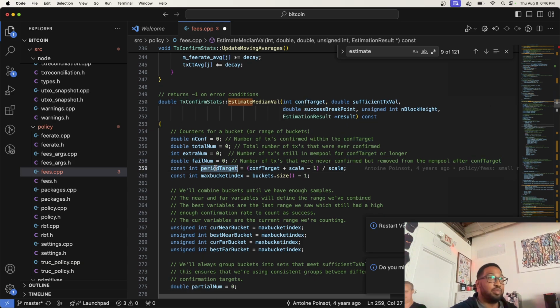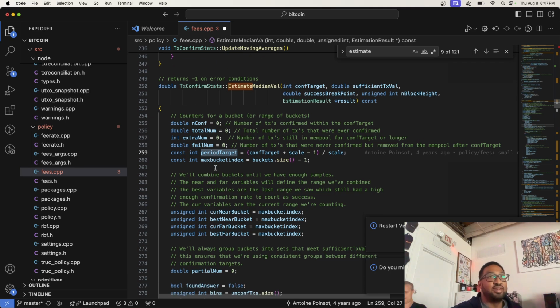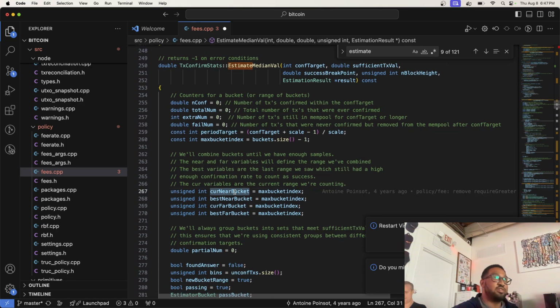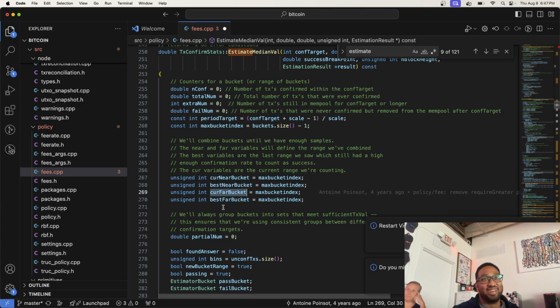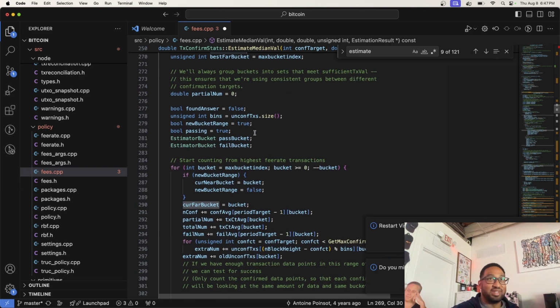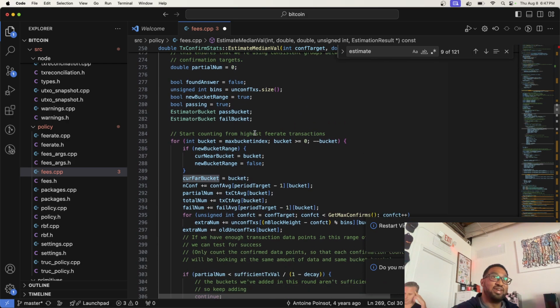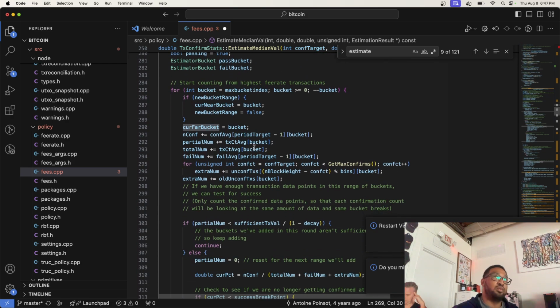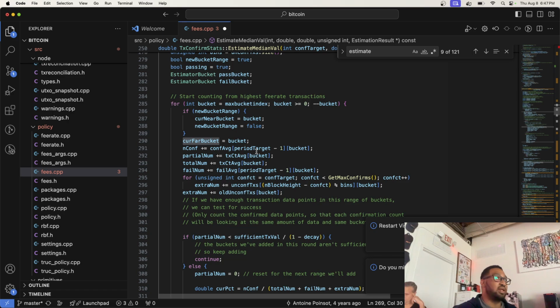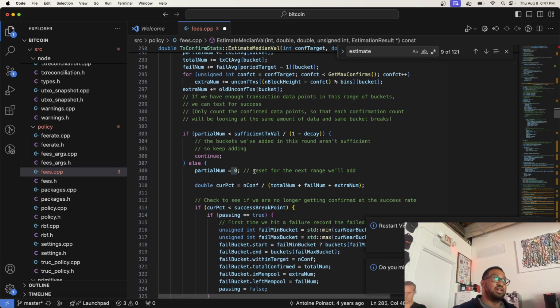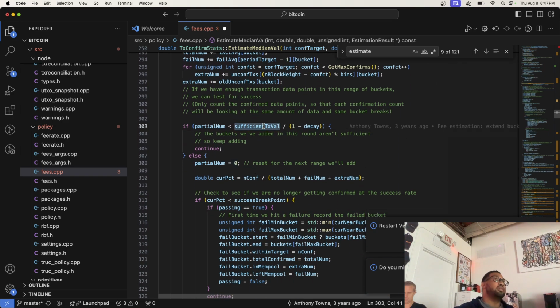And then we have the period target. The period target is like, you know, the index of that array that represents the ranges. And you have like these concepts of current near bucket, best near bucket, and all these other things, which isn't super helpful again. And then the part where I was talking about where like you look within a period and you start from like this max fee bucket all the way to the least fee bucket, and you accumulate transactions until it is of a sufficient value.